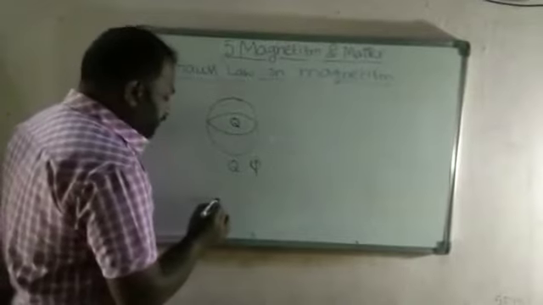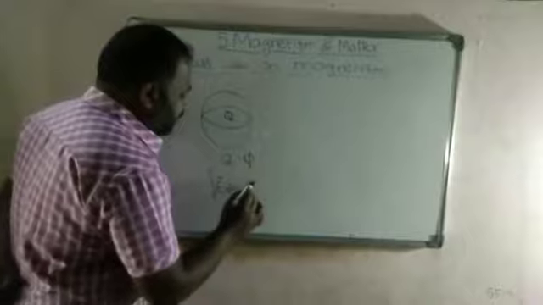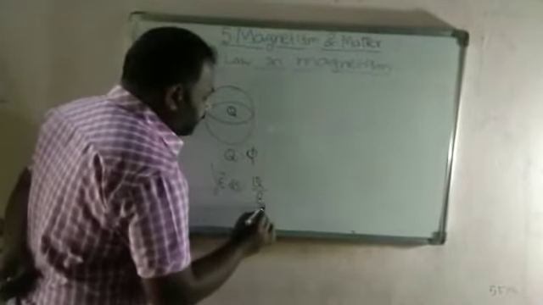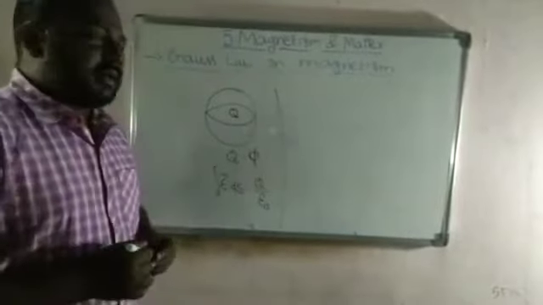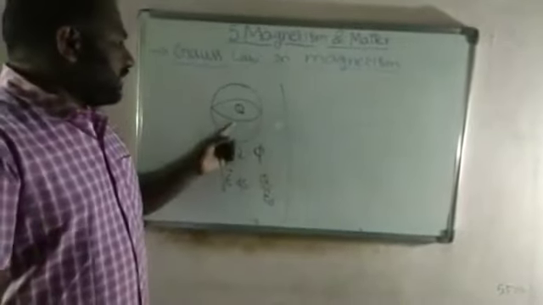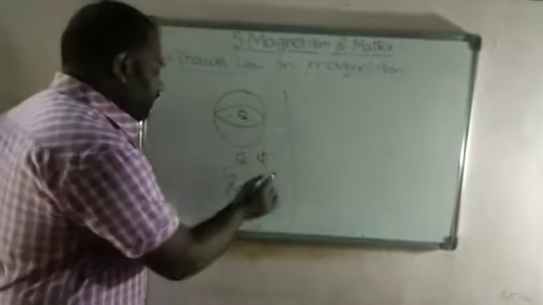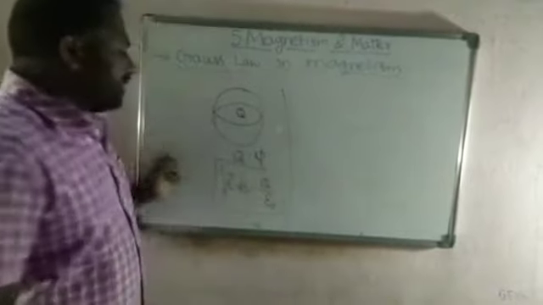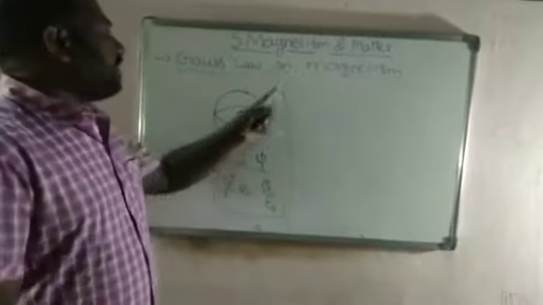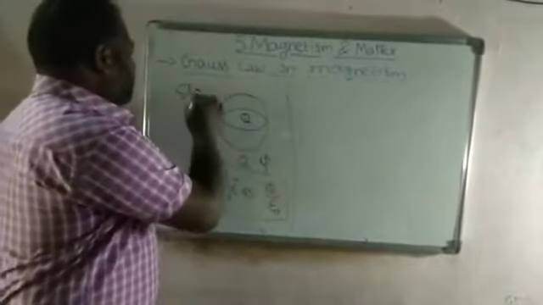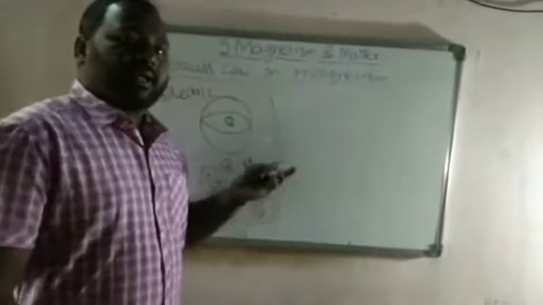From that, what do you derive? Integral E bar dot ds is equal to q by epsilon. The Gauss law in the electric field is nothing but: the total charge enclosed by the surface is equal to the total flux on the surface. From that you derive that integral E bar dot ds is equal to charge by epsilon. In a similar way, this is for the electric field. Now we are going to observe what the Gauss law is in the magnetic field.